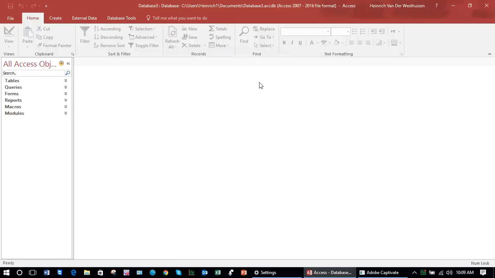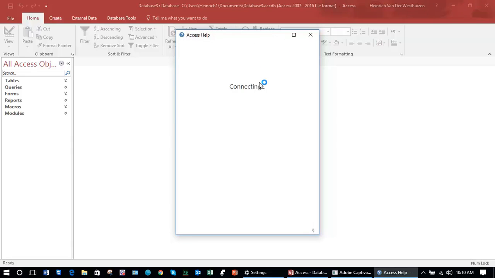In Access, there is a comprehensive database of help functions and topics to guide you through the process of creating and manipulating data in your database. The first and most important key on your keyboard to remember, if you like using shortcuts, is the key that is typically used in all Microsoft applications to access the help function, which is F1. As I press F1, I access the help screen,